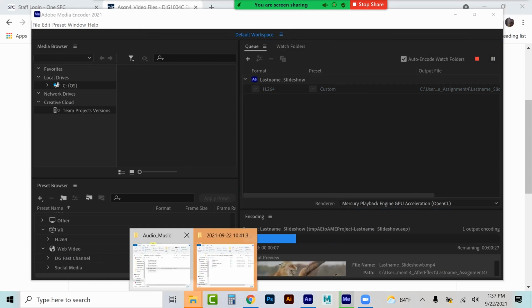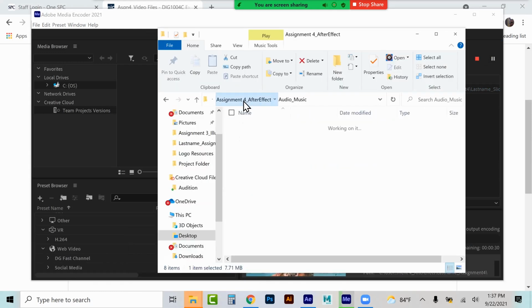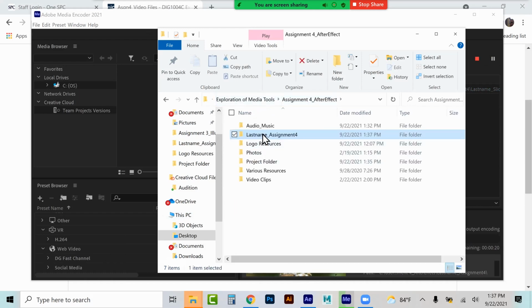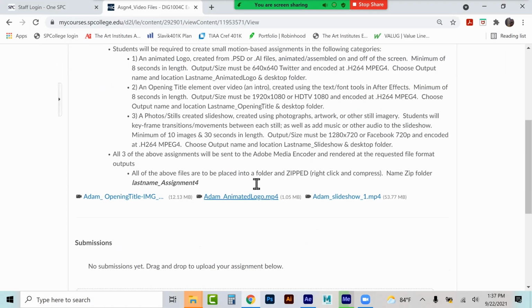Now, when it's all said and done, remember, you've got your folder here with, well, in your case, your 3 files in it, right? All you'd have to do, of course, is right click, zip or compress it, and then you would upload that to the actual project folder here, right here in the